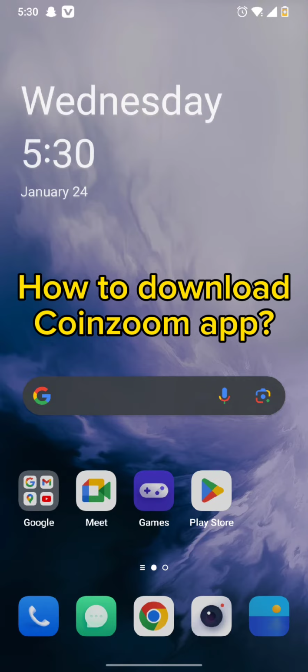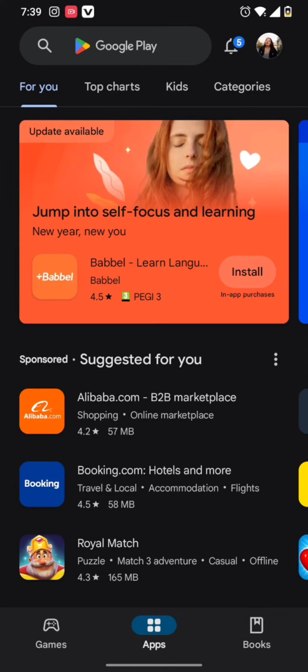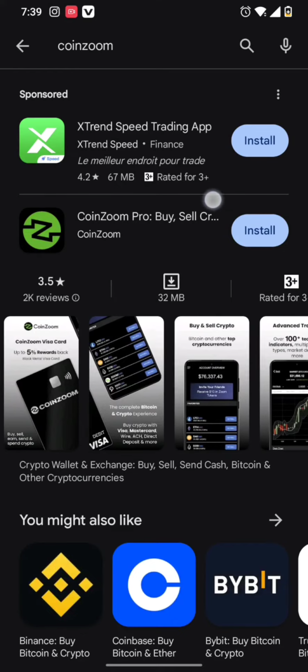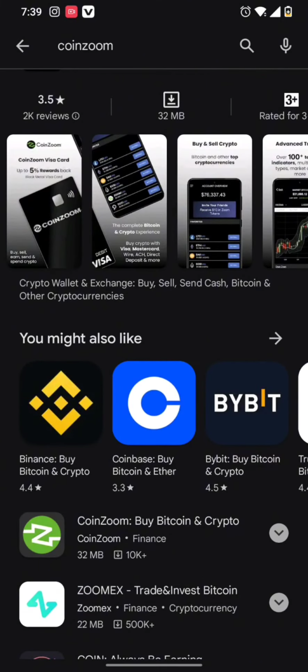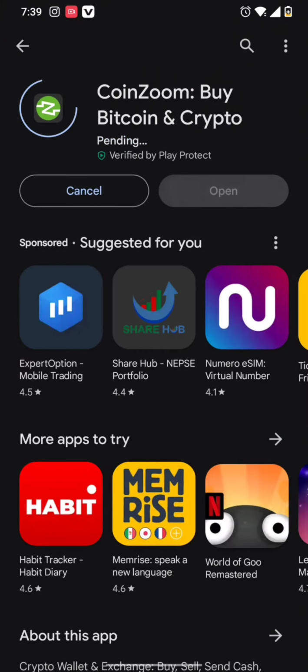First and foremost, all you need to do is simply tap on your Play Store app and on the search bar simply type in Coinzoom. After you do so, you can find the Coinzoom Pro and you scroll it down and you can find the Coinzoom app. So hit the install button and in a matter of seconds, the Coinzoom app will start to get downloaded